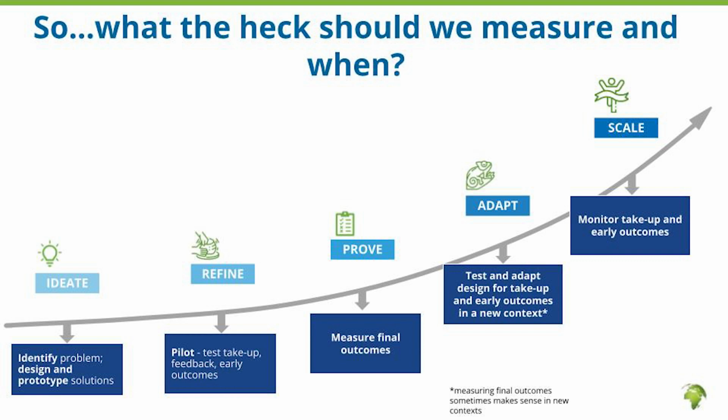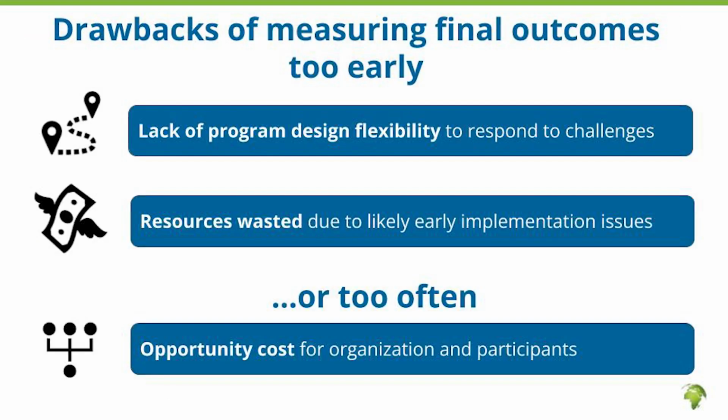The same applies for the end of this tail here, the adaptation and the scale. If you have something that works already, again, say bed nets or maybe this group therapy program, and you're moving into a new context, what would change in that context based on what you've looked at previously in your theory of change? And how might you need to adapt this in that context? And then measure that based on your key questions.